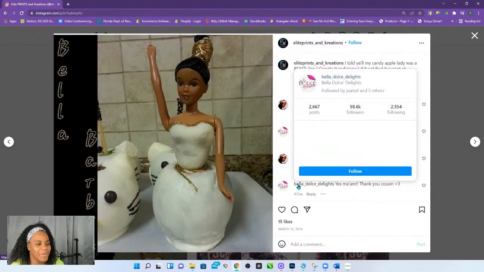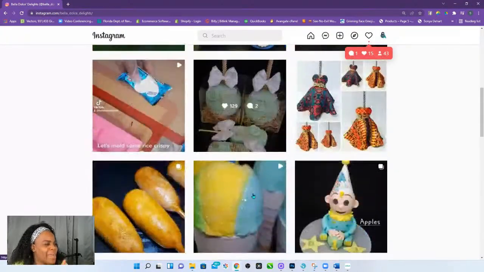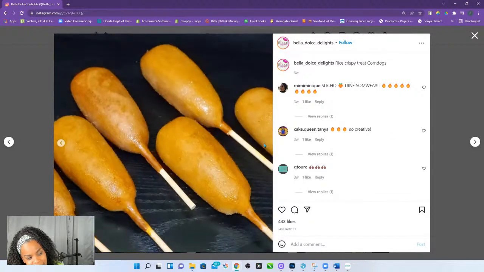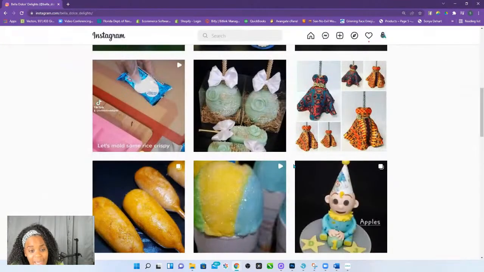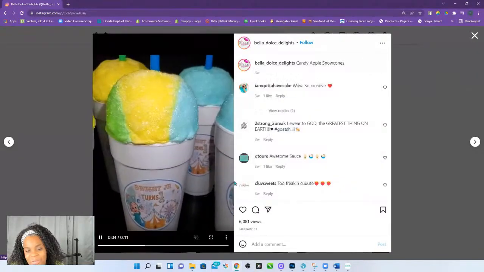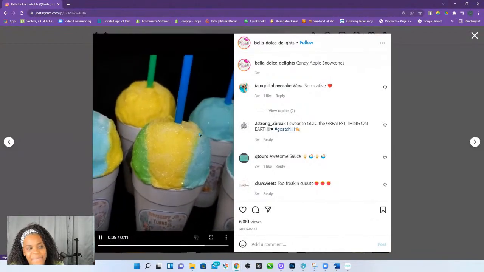Did y'all see? Oh, go ahead, hold on. Oh, I can't. Oh my gosh. Do you see the corn dog? Baby, that's a Rice Krispie treat. Do y'all see the Rice Krispie treat? Baby, where they do that at? It ain't where you start. It's growth, y'all. You got to start somewhere, and it's growth. Those are apples, just in case you wanted to know. Those snow cones are really apples. Yeah, my cousin real gangster with it.